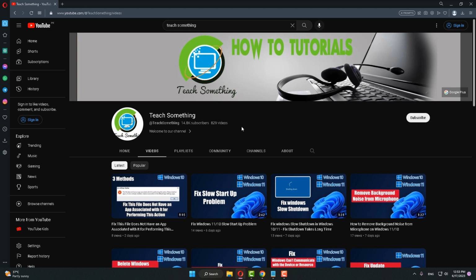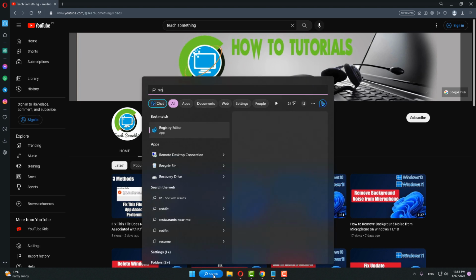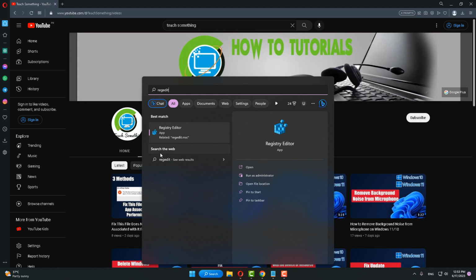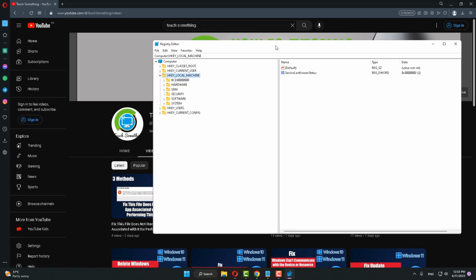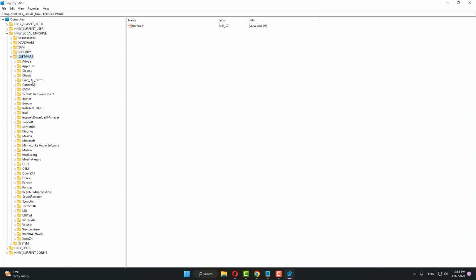Let's start. Okay guys, in the search box type Registry Editor. Open Registry Editor, right click, run as administrator. Open it, select HKEY_LOCAL_MACHINE and expand it. After that, select Software and expand it. After that, select Microsoft